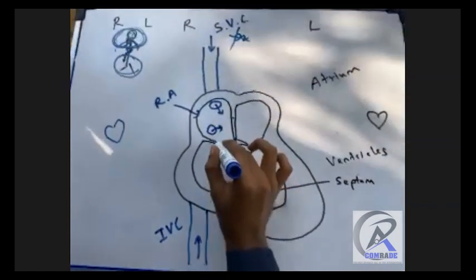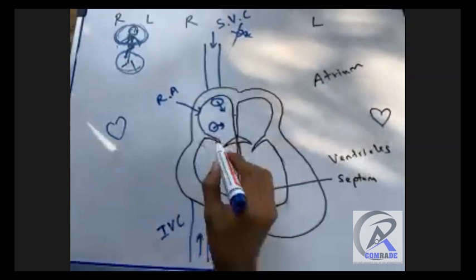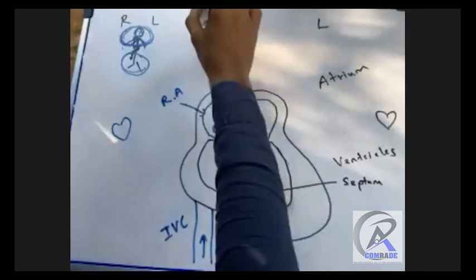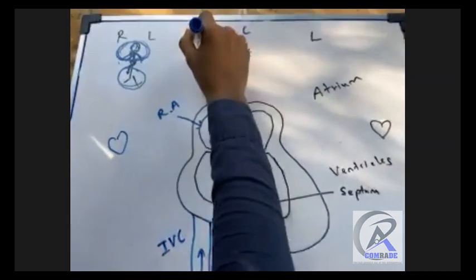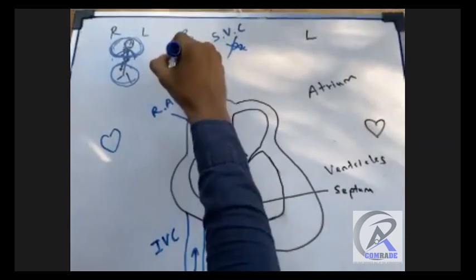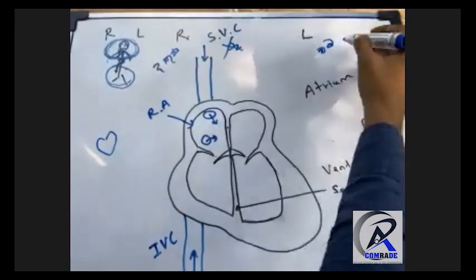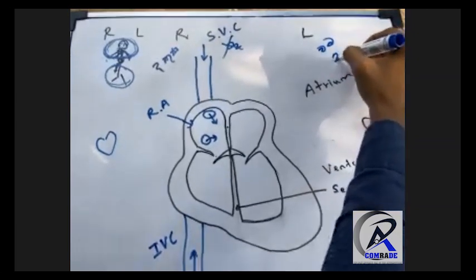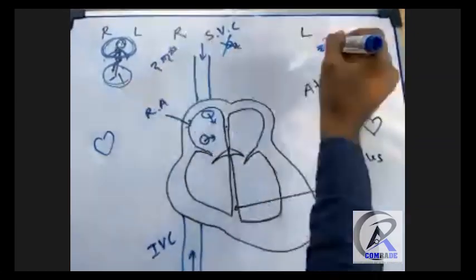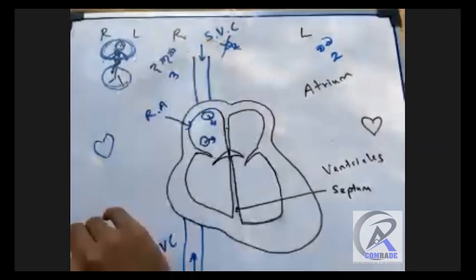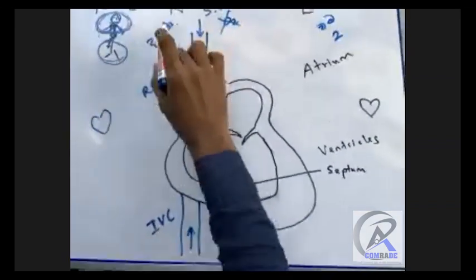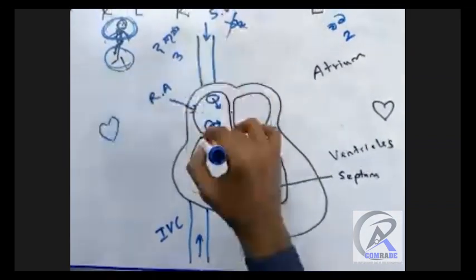Through this valve, this is a valve, this is also a valve. On the right side, it is called Dakuna. The left side is called Vama. Vama consists of two letters. Dakuna consists of three letters. So on the right side, Dakuna, it has three cusps of valves.